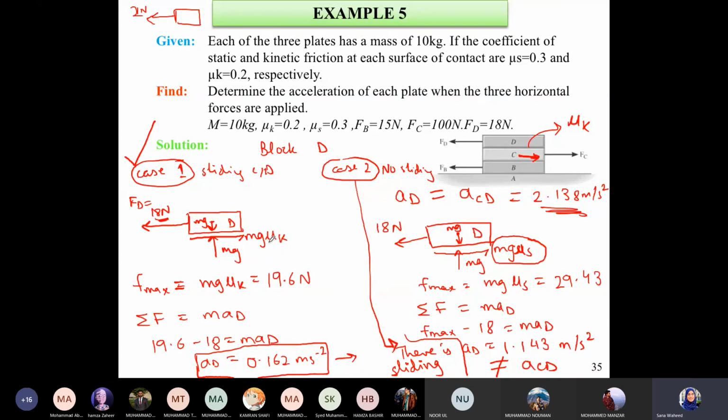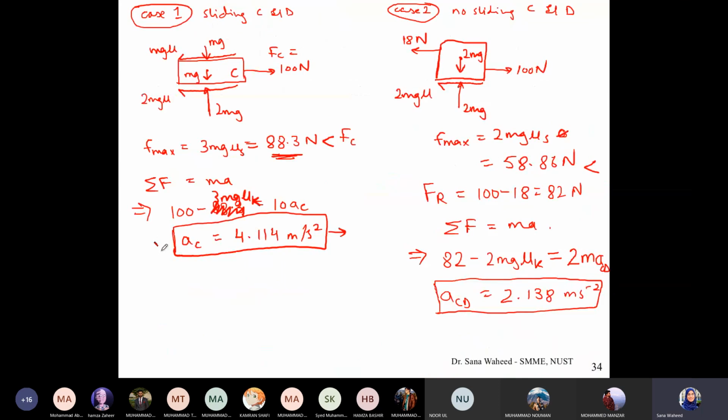मैम फाइनल आंसर में यही लिखेंगे ना जो स्लाइडिंग वाली है? बिल्कुल, स्लाइडिंग हो रही है, दिस इज द ट्रू, C और D दोनों में। जी, a_D की ये एक्सेलरेशन है और a_C की ये एक्सेलरेशन है। ओके मैम।